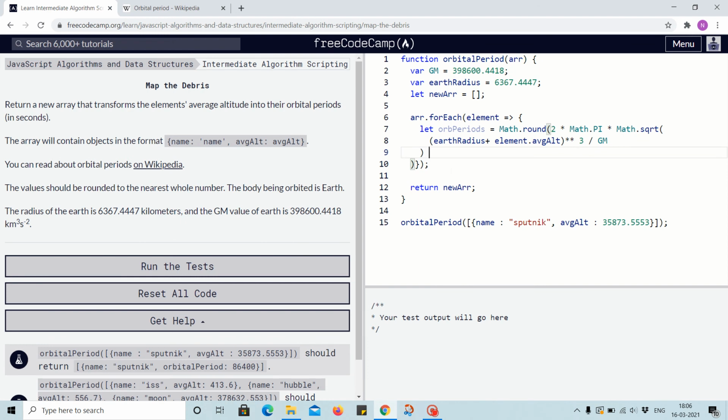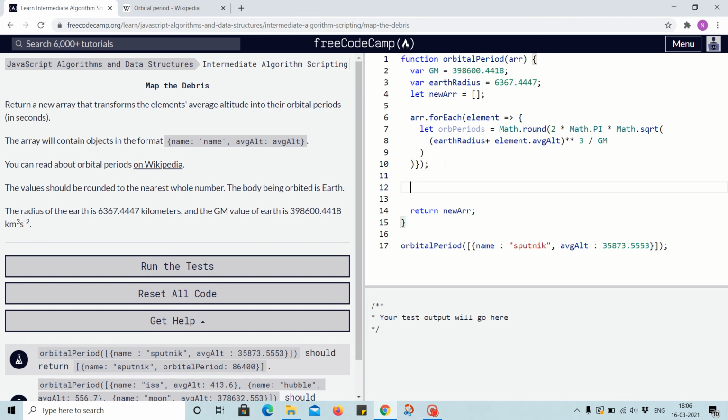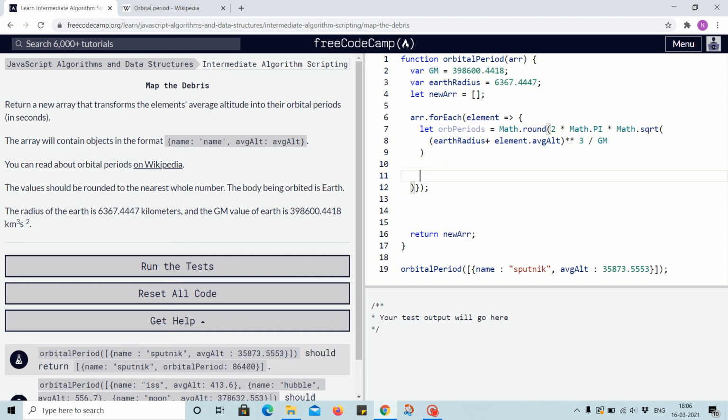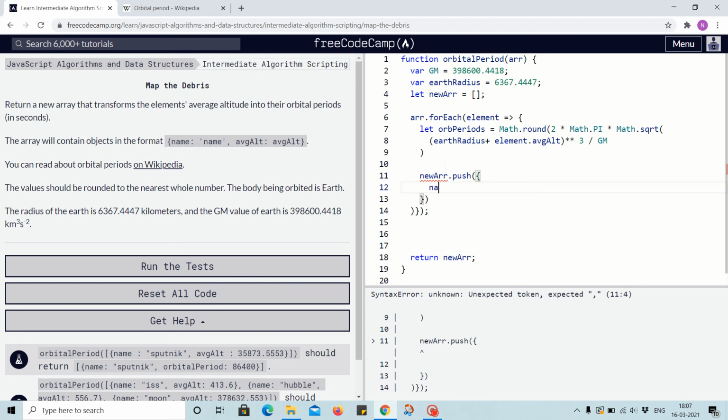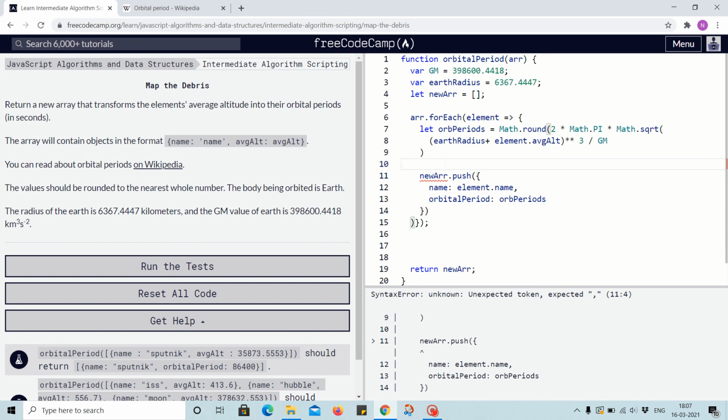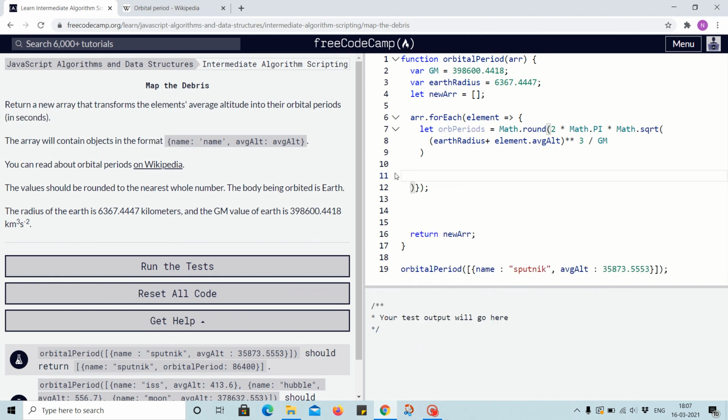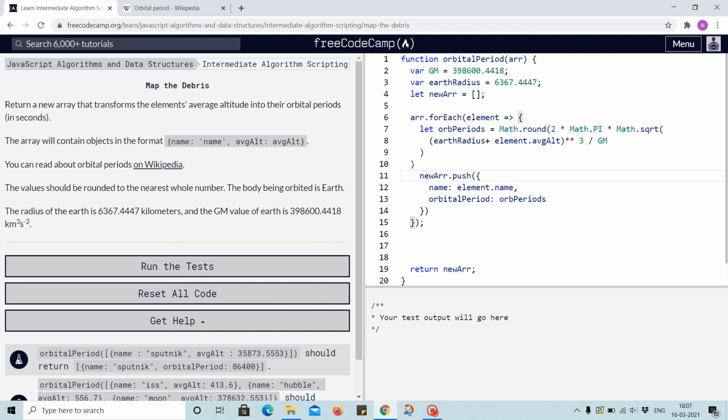and after that we will need to create a new object. So we will create and push the object inside newArr.push, and for name we have element.name, and for the orbital period we have the orbPeriod variable. newArr, this should be here, this should be here. Okay, now this looks good,